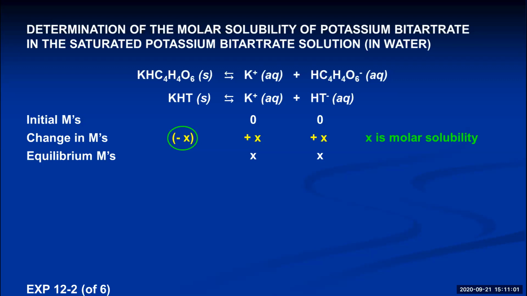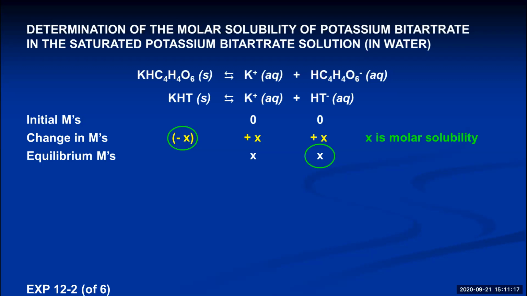So if we can figure out this x value, that's the molar solubility. And the way we're going to do it is because that x value is the exact same as this x value, the molarity of the bitartrate ion. So why is that significant? Well, bitartrate happens to be an acidic ion. It has a